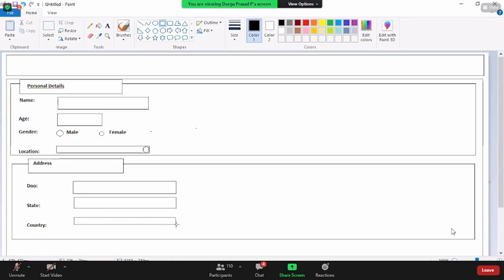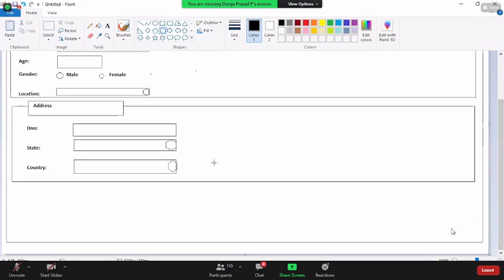You see here, all the labels are on the left side and all the controllers on the right side. I want you to see the way you follow to make them. Okay, this is also a drop down.